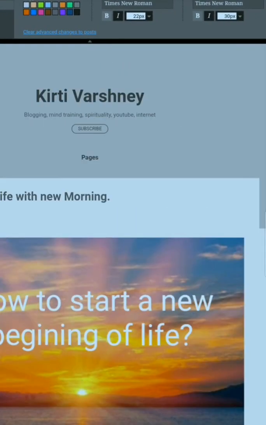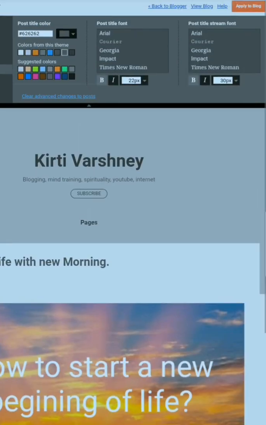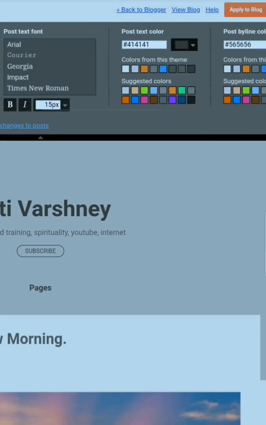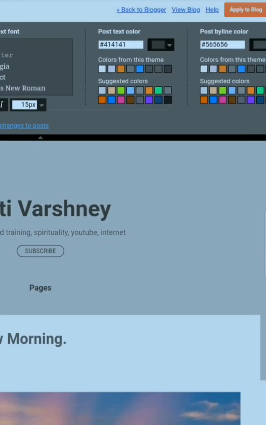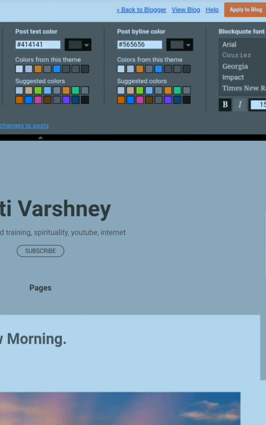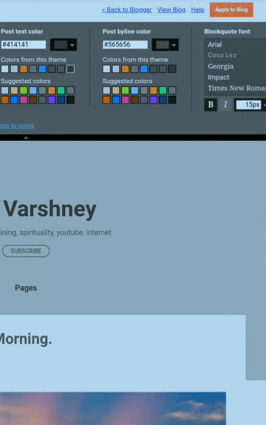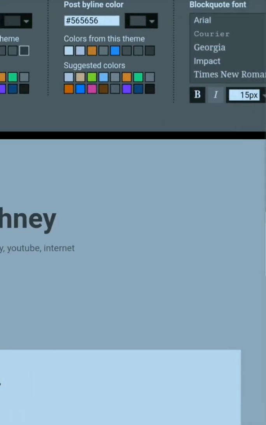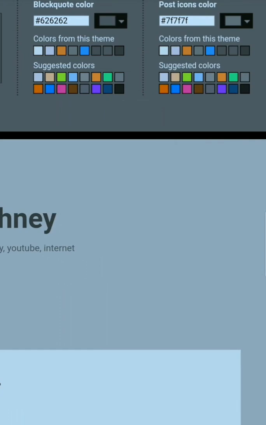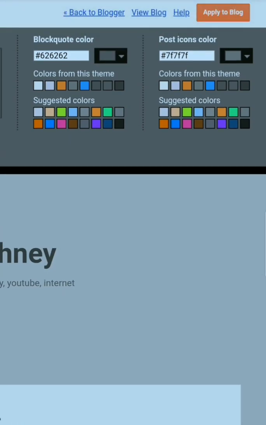Post text color, post byline color, all are set. Here I made some change because it is not bad to make one change somewhere. All colors are set already, so I'm going to apply to block.